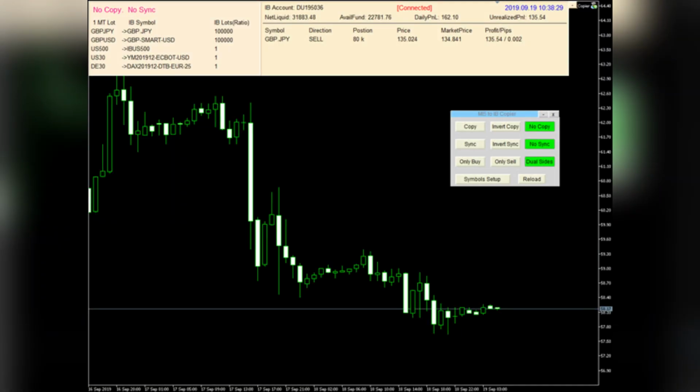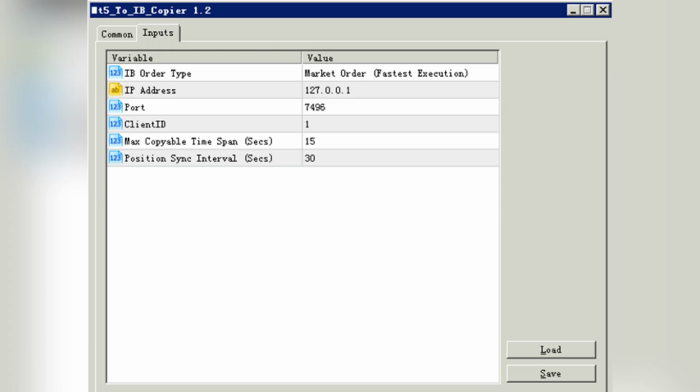Next, open MetaTrader 5. MT5 doesn't connect to IBKR natively, so you'll need a third-party bridge that supports Interactive Brokers. Install the bridge, then enter your IBKR login and port settings, typically 7497 for paper accounts or 7496 for live